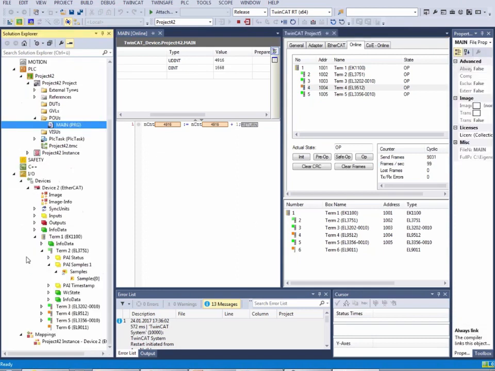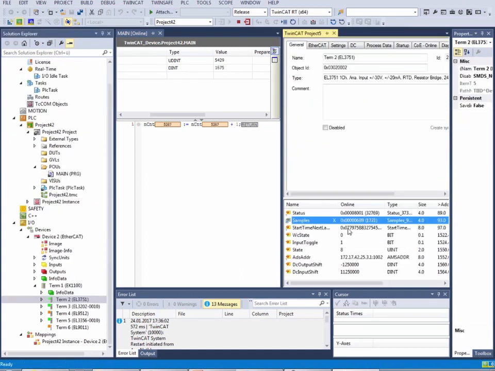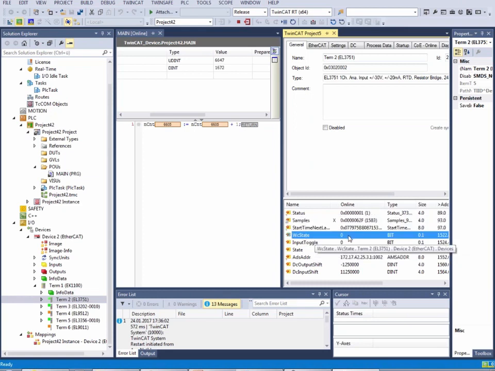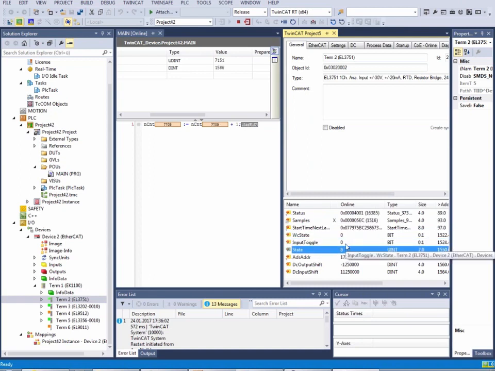And just to check my device itself, when I click on the terminal, I see the analog value running here without oversampling. The oversampling factor is 1, so we have only one sample. We see a timestamp. We see the working counter, which should always be 0. We see the input toggling. These are the diagnosis variables. This is toggling very fast with every new value. And we see the state 8, which means operational. Everything is okay. So it is very simple to get analog